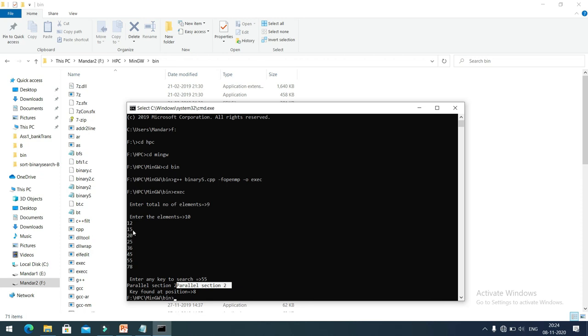If I had searched for any value, let us say 12 or 15, which is less than the mid value, in that case here we could have observed parallel section 1. That means the thread which was handling section 1 had executed that code.